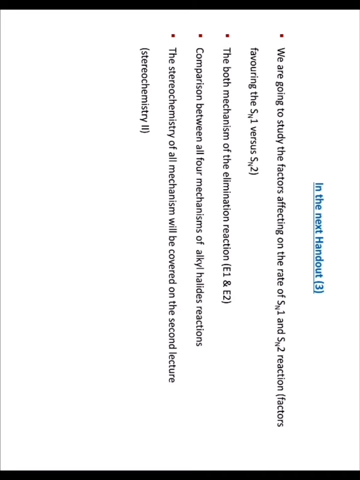It is worth noticing that we didn't speak about the stereochemistry outcome of these mechanisms. So we are going to cover these topics in the next slides, where we are going to speak about the stereochemistry, which is part 2 in the